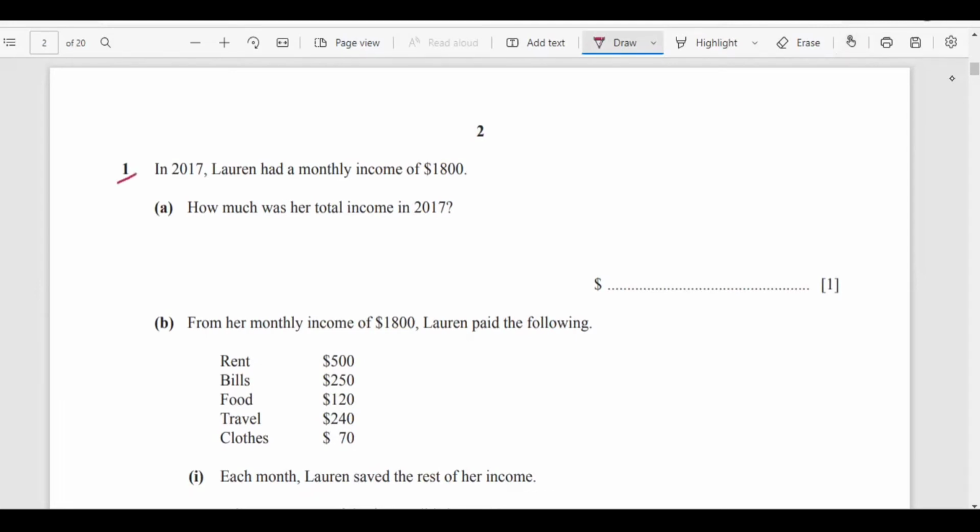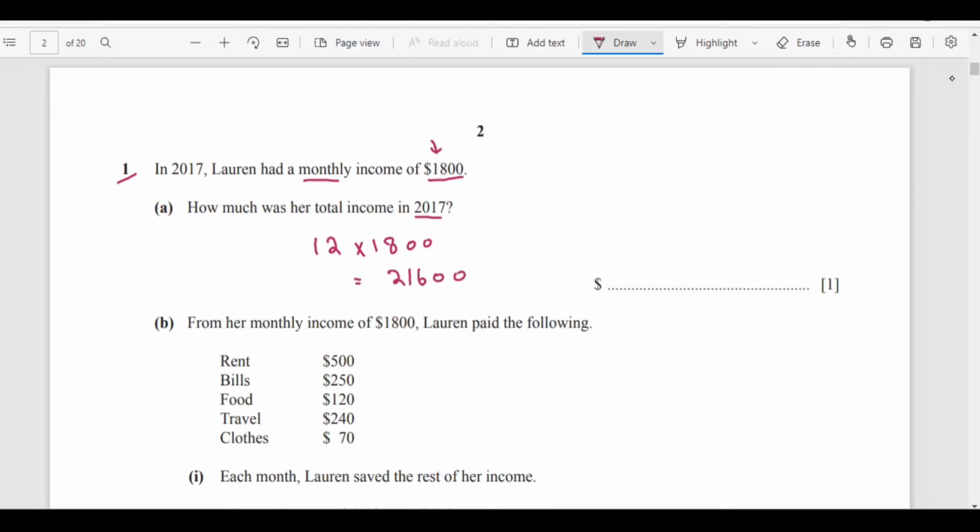Now, please pay attention. It says, in 2017, Lauren had a monthly income of $1,800. How much was her total income in 2017? This is the first question. So her monthly income was $1,800. So her total income would be what? We have 12 months in a year, right? So 2017 has 12 months. So we'll just do 12 multiplied by 1,800. And that is going to give you